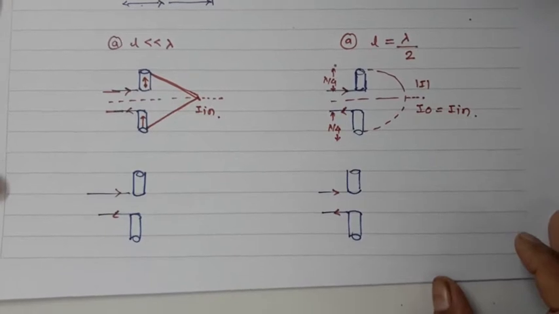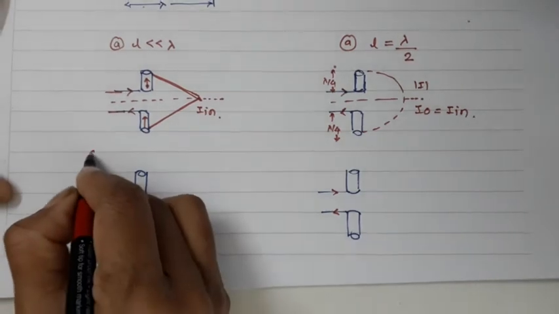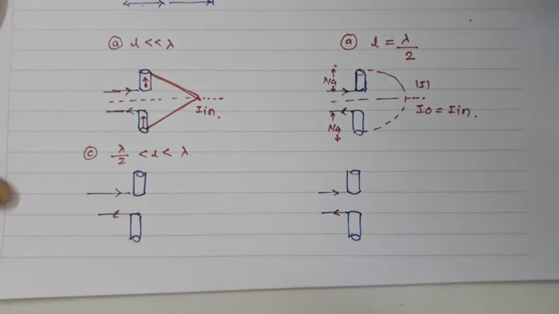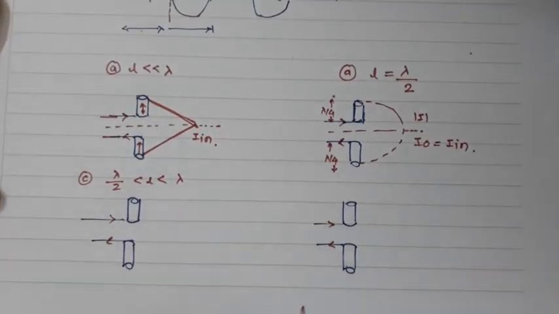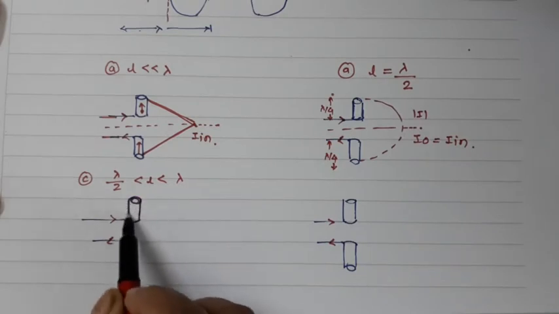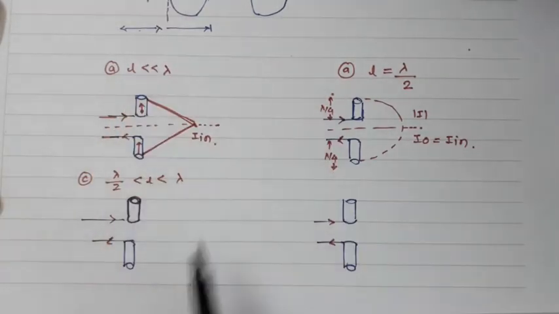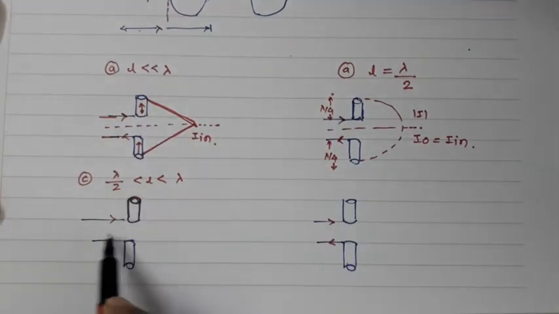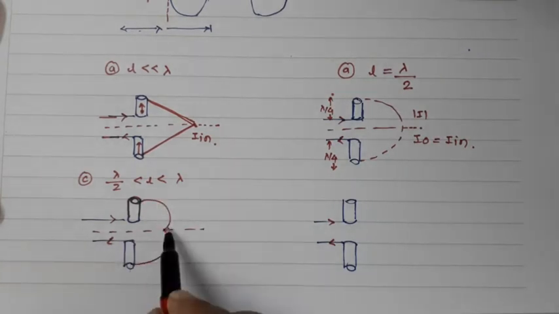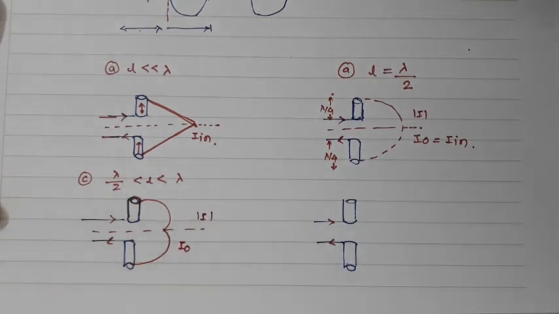Now the third length which we are assuming is that the length is greater than lambda by 2. So the condition is that the length is greater than lambda by 2 but less than lambda. So here if we are assuming this length, we can understand this will be greater than lambda by 2 and less than lambda. So the current distribution is more than lambda by 4 in the upper part. So I can understand my current distribution will take the nature of this kind. Here the current distribution will be like this. So this will be the I, and this current distribution is called I0.